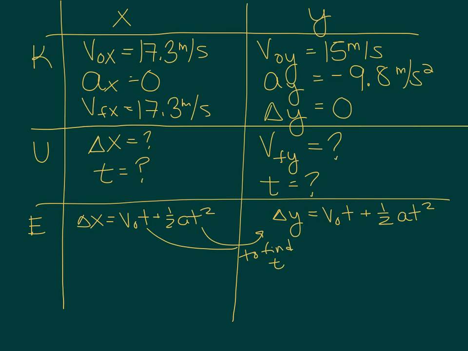So since I know I need to find time in the x direction, and I know that time is the same in the x and y direction, I have to choose an equation to find time in the y direction. And that happens to be this delta y equation because I know delta y, it's 0. I know initial velocity, it's 15. I'm looking for time, and I know acceleration, it's negative 9.8. So if we plug into the equation,